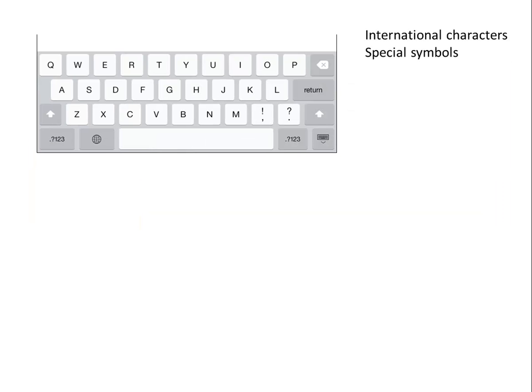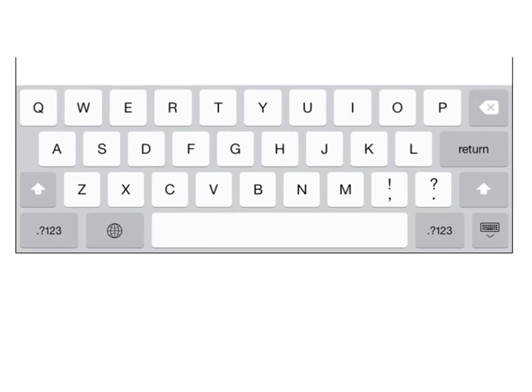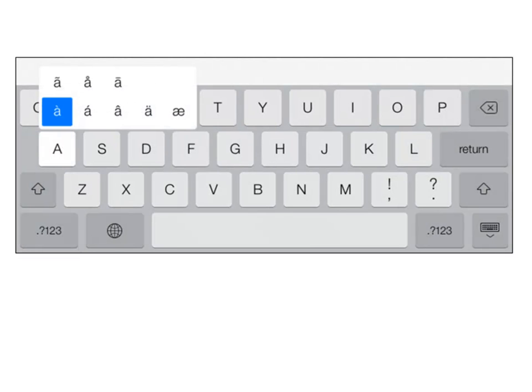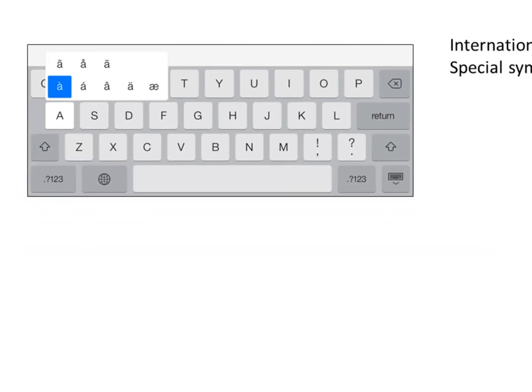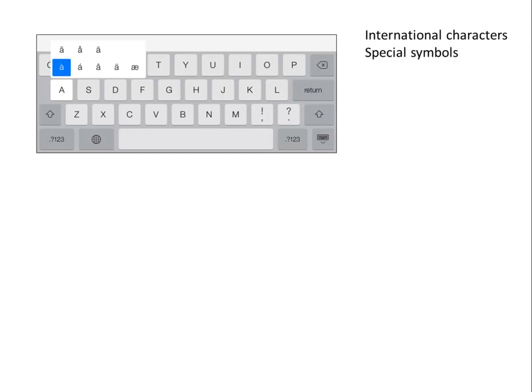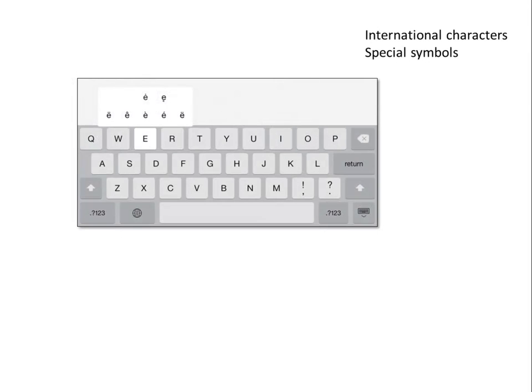It's also possible to get some international characters or special symbols from your iPad keyboard. For example, if I hold down the A key, I have a number of symbols that I can choose from, and all I need to do is to slide my finger up to the symbol or character that I wish to use. You'll find these on several keys on your keyboard, most noticeably the vowel keys. So here you can see I have several choices for the letter E,